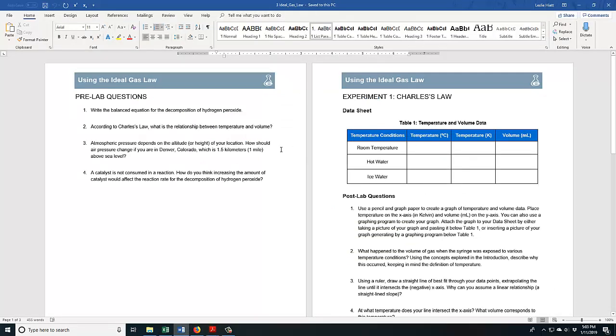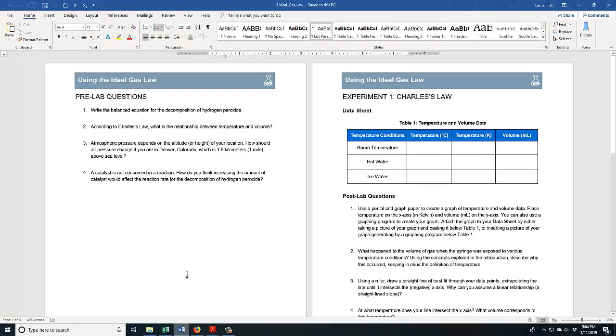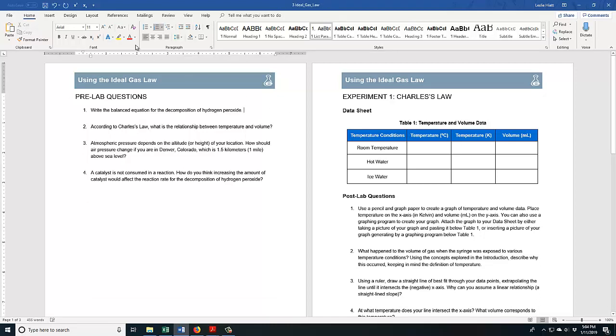So this is what's called the lab workbook, the one that you would have downloaded by clicking here for this lab. So you would go here, and fill in your answers to the pre-lab questions. Sometimes it's nice just to change the color of your font so it's a little more obvious. You'd write the balanced equation maybe. You'd put your little arrows in. So it might look more accordingly like